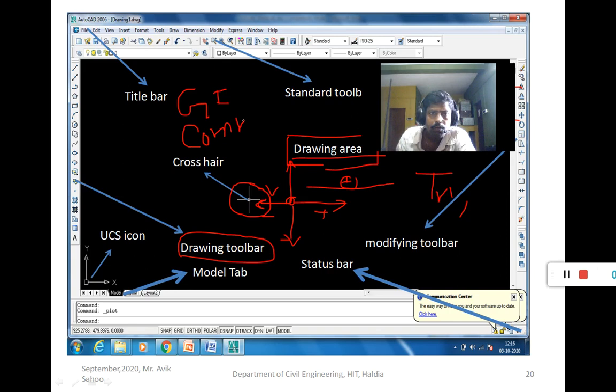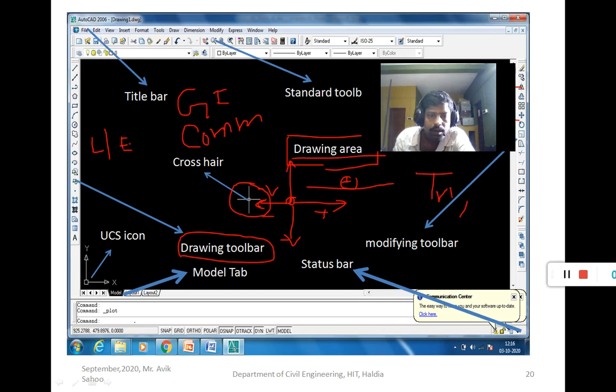Graphical interface means you just pick the line command and draw the lines. If I use the command, then you type line and press enter, or the shortcut L enter. Enter is this key on the keyboard, so you press enter, then you can draw the lines. So either using the graphical interface or using the command.